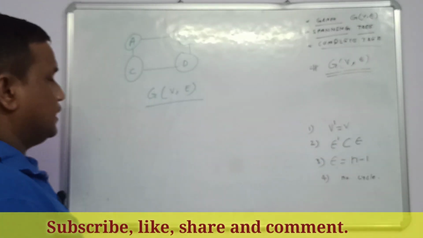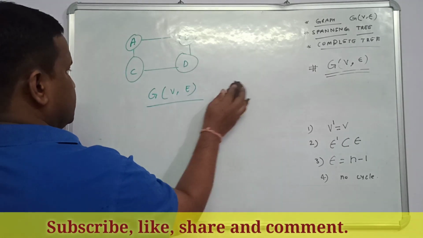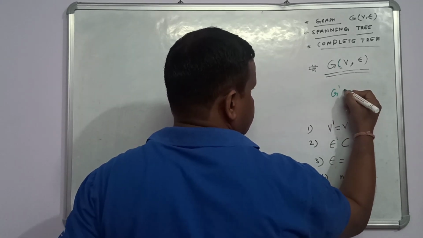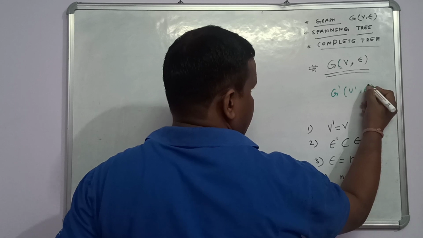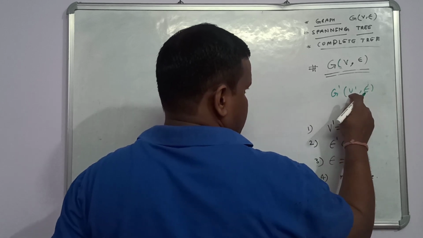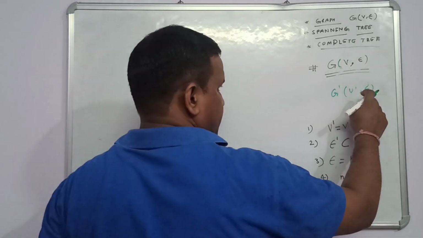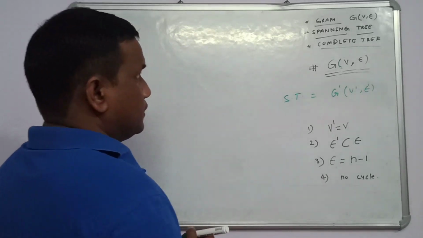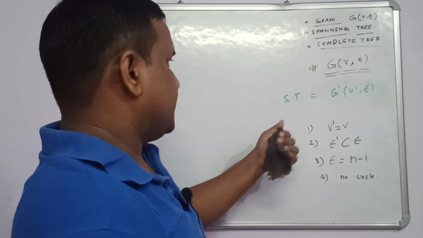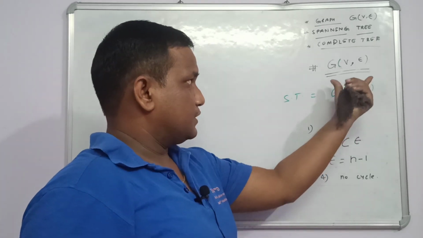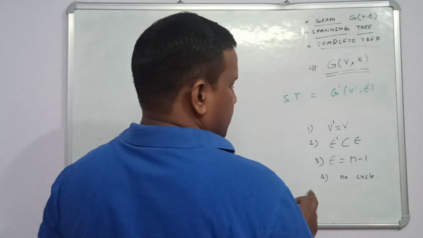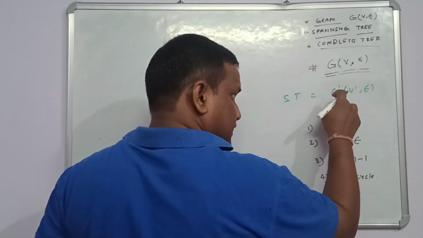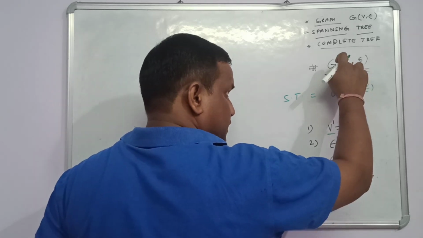Okay, next I am going to tell you what is spanning tree. This is the given graph, let's suppose, and we have to find out a spanning tree. Okay, that will have G dash with V dash vertices and E dash edges. This will be the spanning tree. If we say this is the spanning tree from given graph G, these are the 4 conditions we must follow. That is, the V dash means vertices in the spanning tree and the vertices in the given graph must